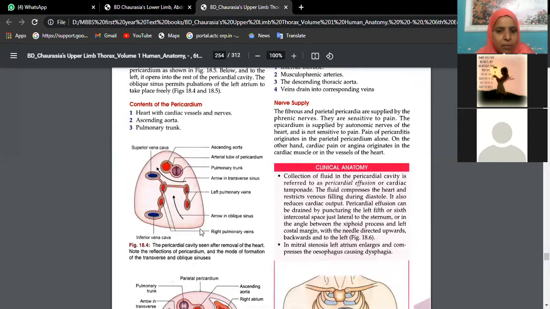The outermost area you are seeing is the outline of the heart. Only the vessels are shown here. Actually, the heart has been cut and removed. This is the outline of the parietal layer of the pericardium. Between the aorta and pulmonary trunk and behind this venous channel, the free space is what you call the transverse sinus. And these are all veins: this is the superior vena cava, this is the inferior vena cava, and these are the four pulmonary veins. Here, the sinus is called the oblique sinus. This has come for only 3 marks.